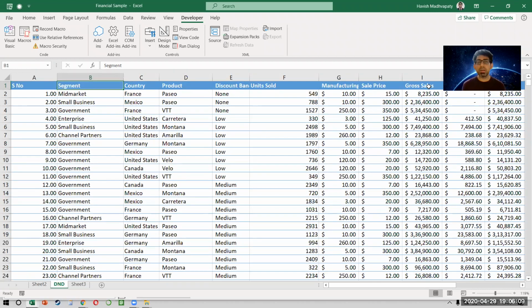You might be wondering, what is the big deal? I could have written 1 and 2 and dragged it. What if I ask you to do this 15 times a day? What if I ask you that you can't make any mistakes? What if I ask you that you have to do this with multiple sheets at the same time? That is where the macro starts to help, right?